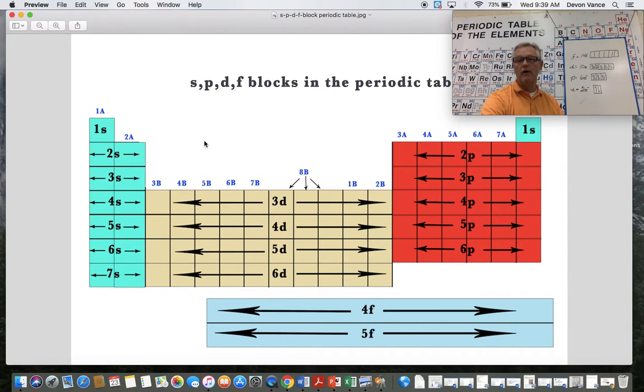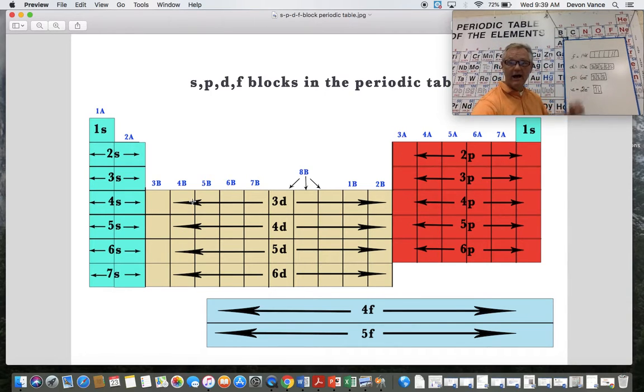Now I'm going to move all the way over to the red block, and if I look right here, this whole section of the periodic table, starting with boron, going over to neon, are going to be the p orbitals. Now we said that the p block, or the p orbital, holds 6 electrons. That's going to be 1, 2, 3, 4, 5, 6. I love it. And then our d block,